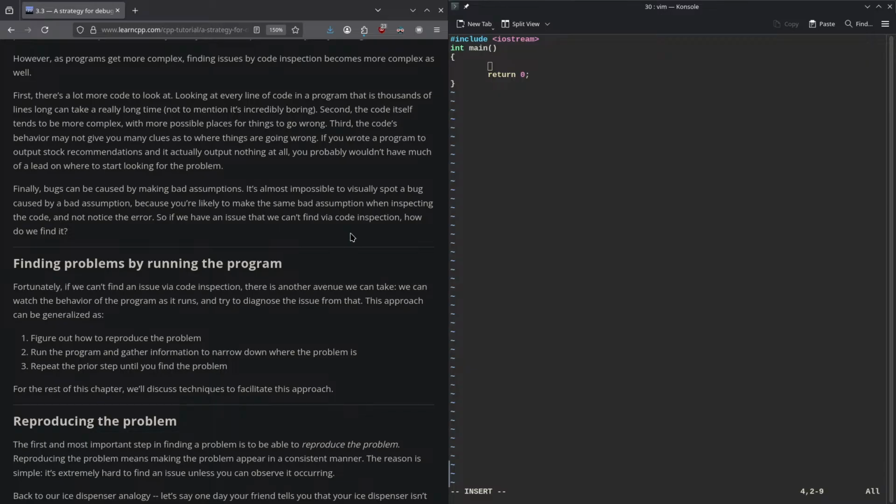Third, the code's behavior may not give you many clues as to where things are going wrong. If you wrote a program to output stock recommendations and it actually output nothing at all, you probably wouldn't have much of a lead on where to start looking for problems. Finally,